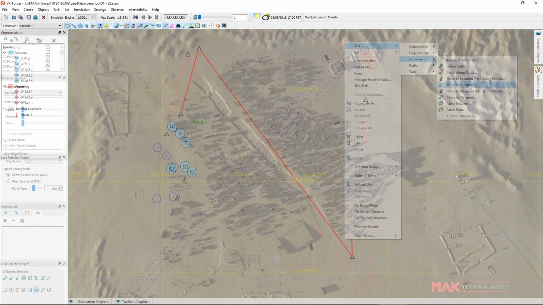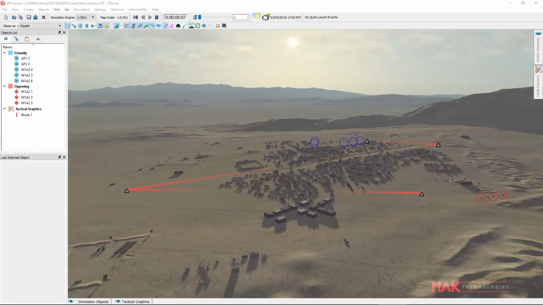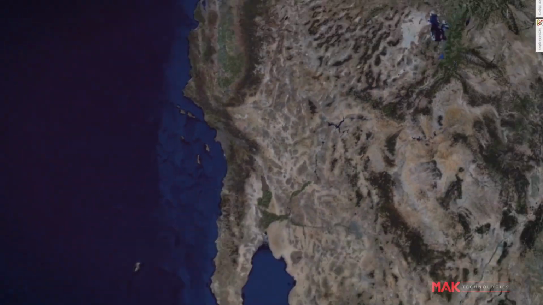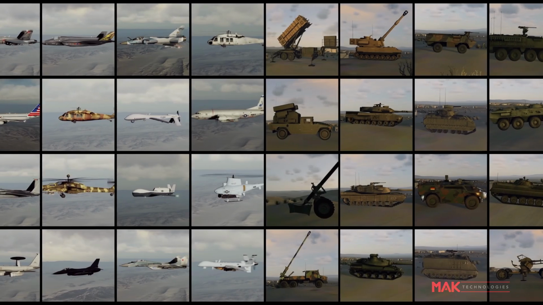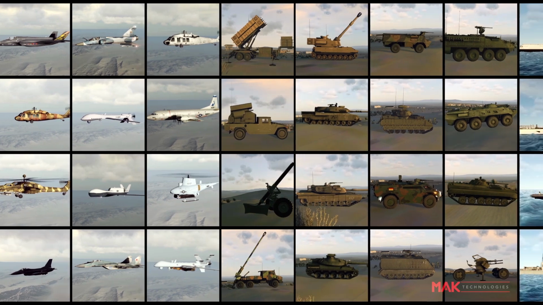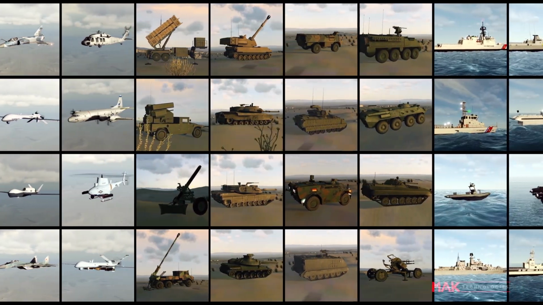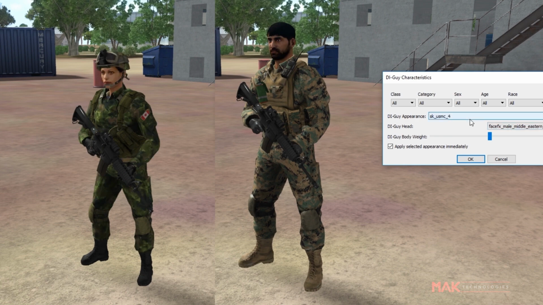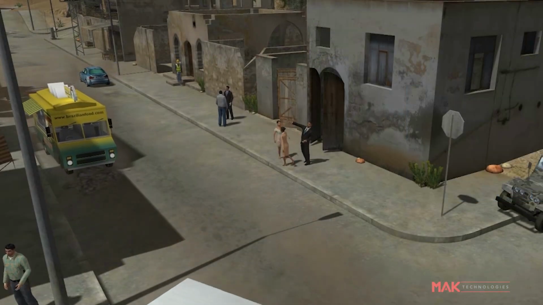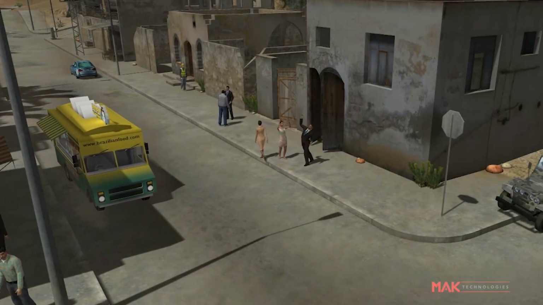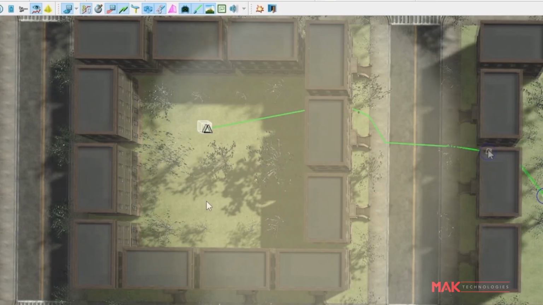It's easy to connect the simulation to the network, then load a terrain database of a specific site, training range, or the whole planet Earth. Select from a built-in library of vehicle types, air, land, sea, undersea, as well as the full collection of DI-Guy human characters. Artificial intelligence for manned and autonomous vehicle simulation, autonomous human character simulation,